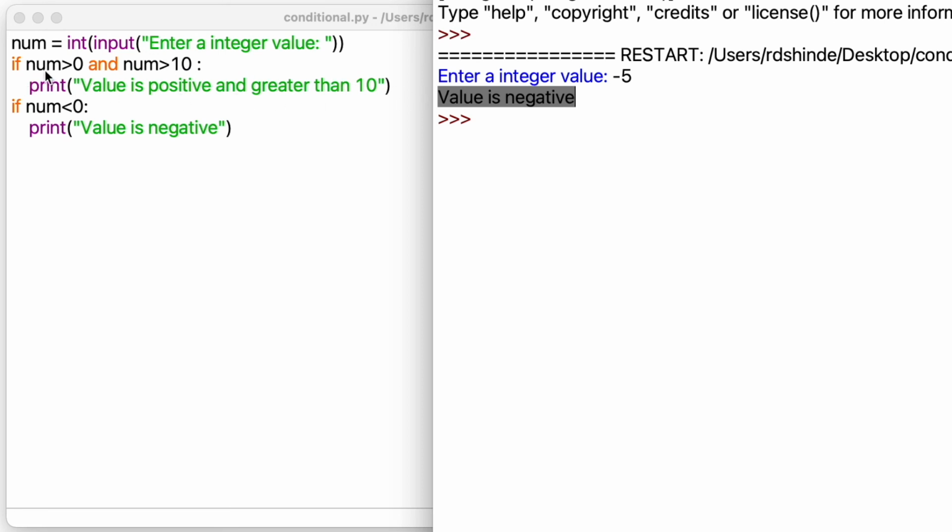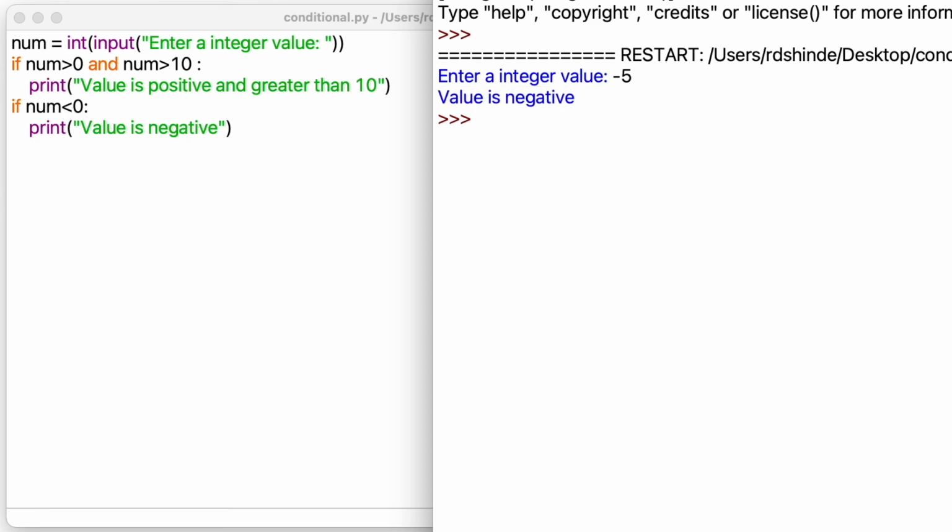If this condition goes false, then we will move towards the next line of code. Here in next line we have another if statement. If this goes false, then we'll end up with the program because we don't have extra line. But if this condition is true, then it will print that value is negative.